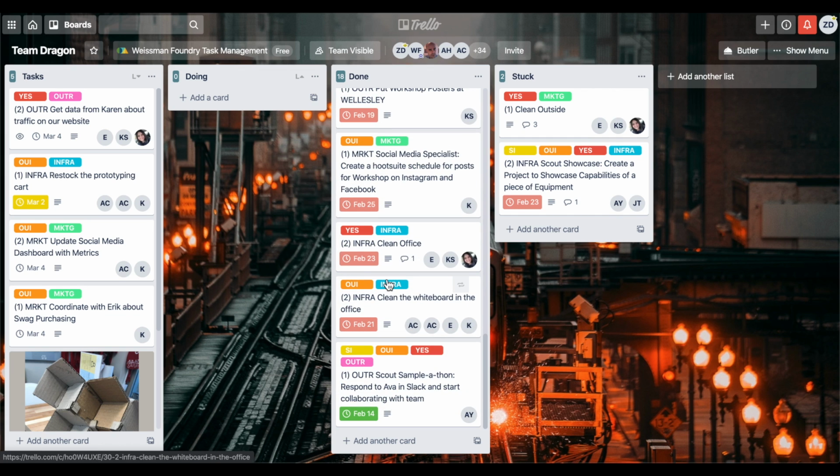So yeah, that's the basics of using Trello as a